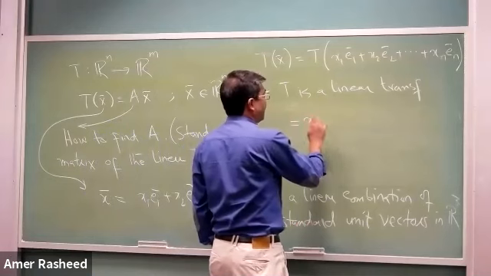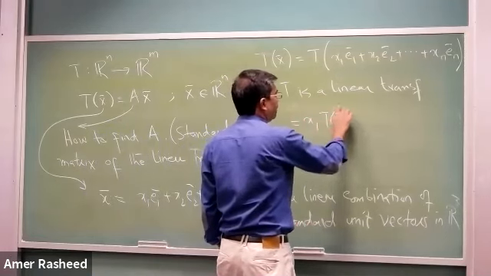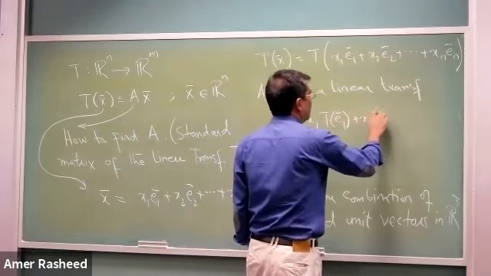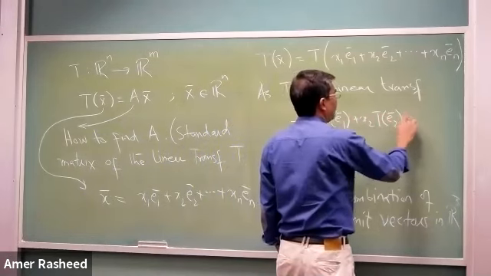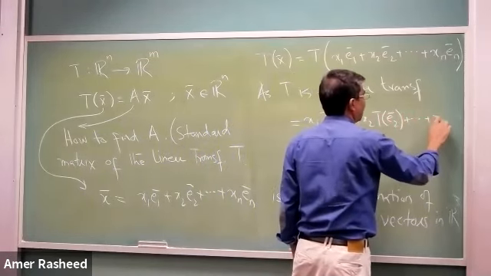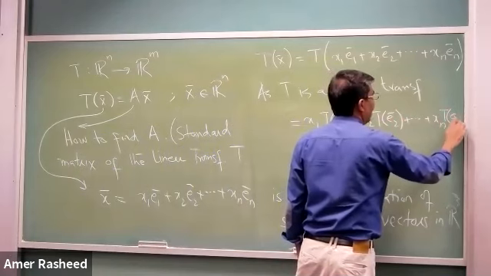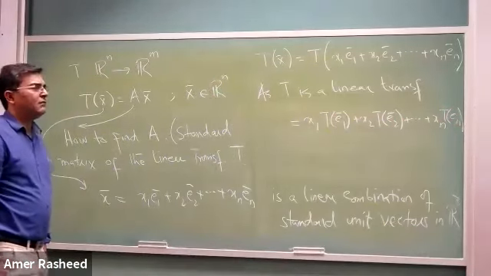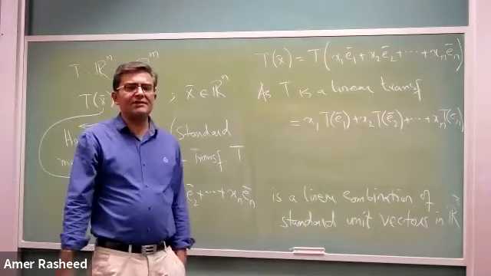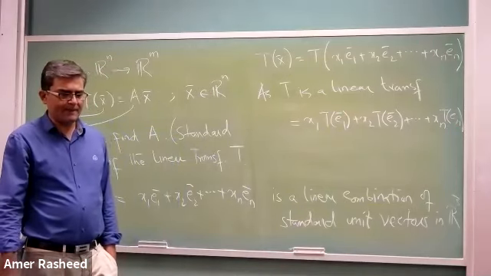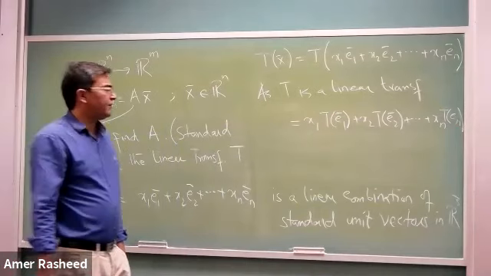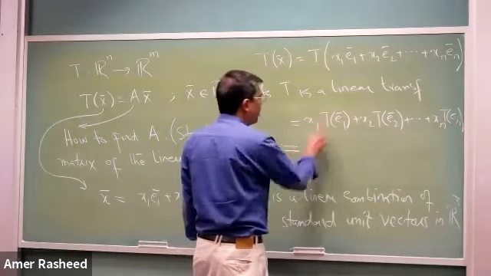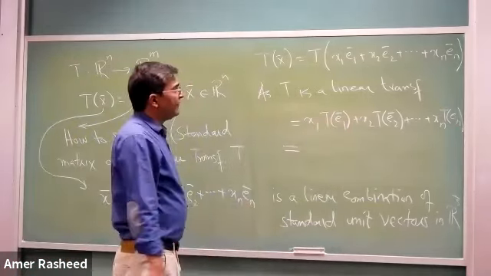It can be written as x1 T of E1, plus x2 T of E2, plus so on, plus xn T of En. We can write this if T is linear. This is the principle of superposition. I told you in the previous lecture. So if this is so, further,